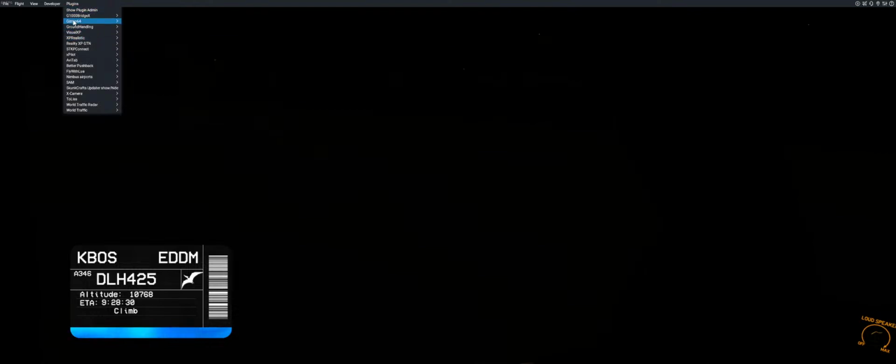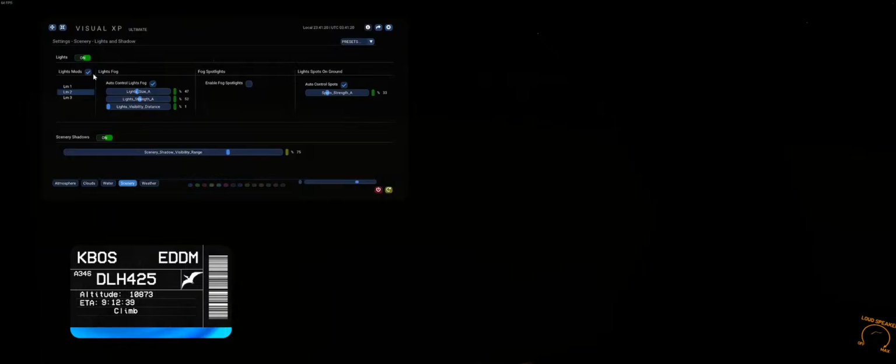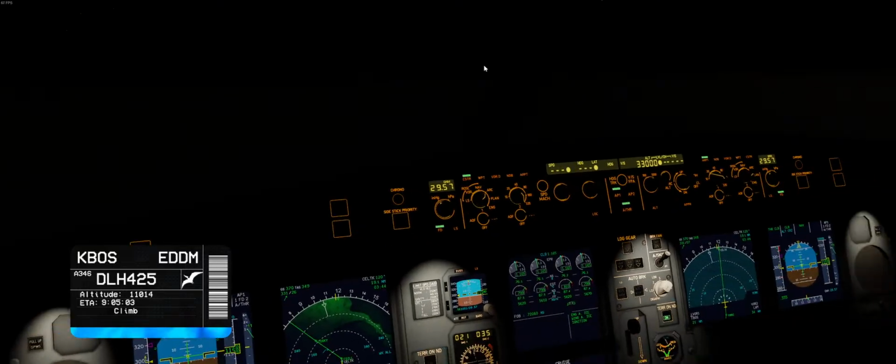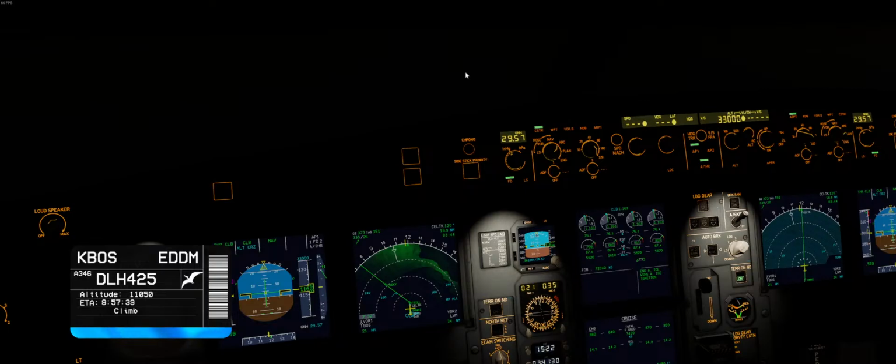And let's just double check here. Visual XP, so we're showing under weather, overcast 6,000. And I believe we can find out the tops. Let me see the tops here. Let me just open up ForeFlight on my phone real quick. Go to maps, Boston area. 2 runways are closed. 14, 15 left are closed. Anywho,